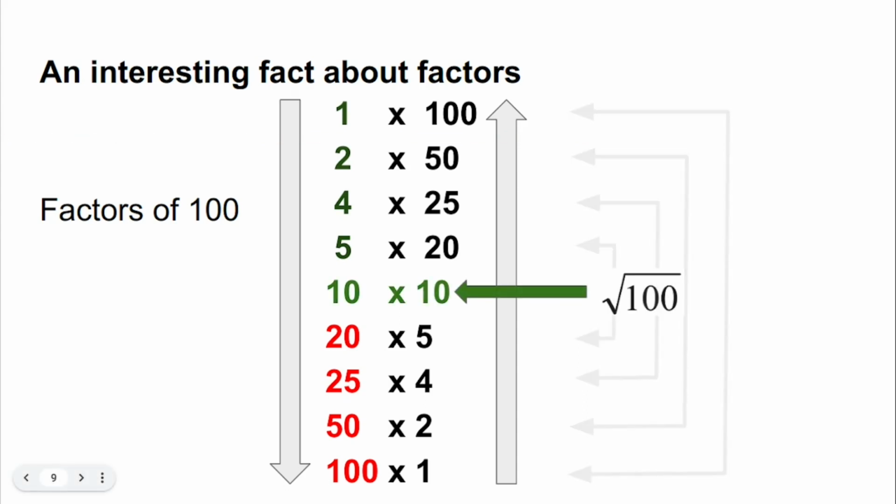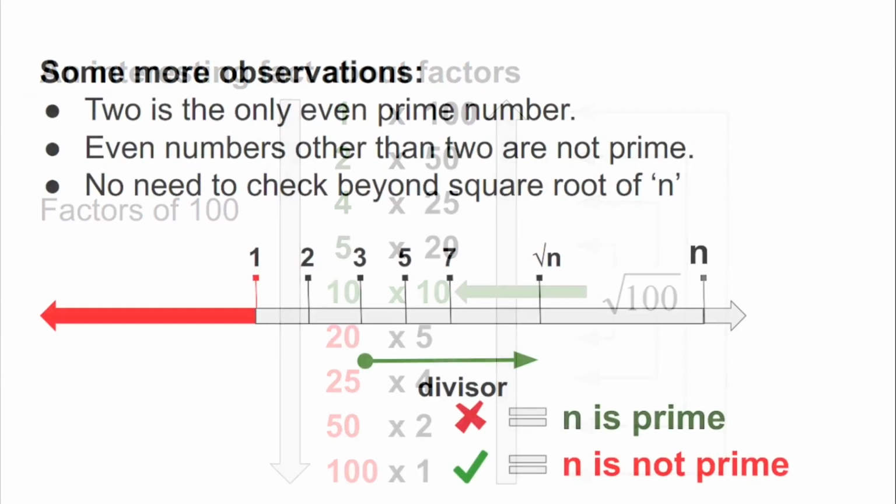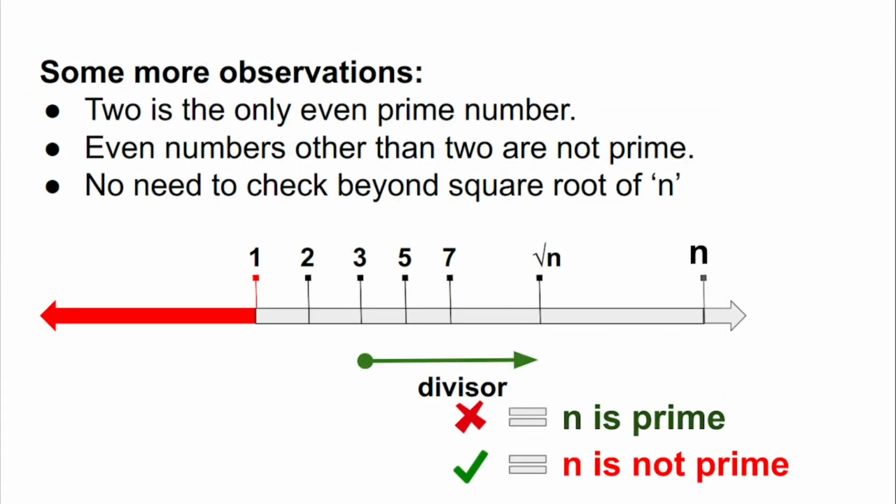Further notice, and this is the most important part, that the repetition is starting after the square root of the number. So the number was 100, square root of 100 is 10, and beyond 10, the factors are repeating. Notice the divisors in red. We have indirectly checked for these numbers when we were checking for the divisors in the first half, that is below the square root. Since we have already checked for even numbers, there is no need to divide by other even numbers. Our first divisor will now be 3 instead of 2, and then we'll increase the divisor by 2